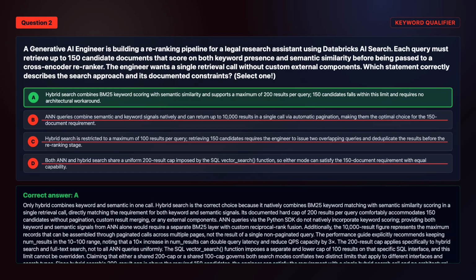The correct answer is option A. Only hybrid combines keyword and semantic in one call. Hybrid search is the correct choice because it natively combines BM25 keyword matching with semantic similarity scoring in a single retrieval call, directly matching the requirement for both keyword and semantic signals. Its documented hard cap of 200 results per query comfortably accommodates 150 candidates without pagination, custom result merging, or any